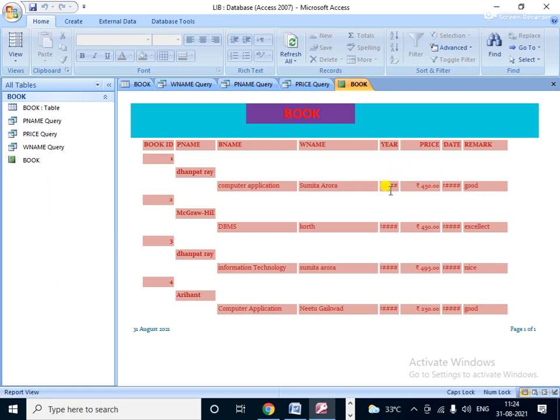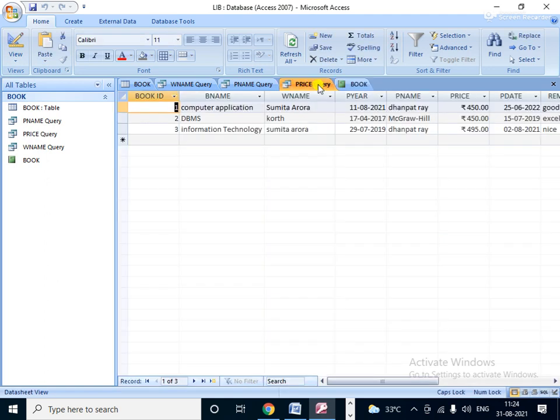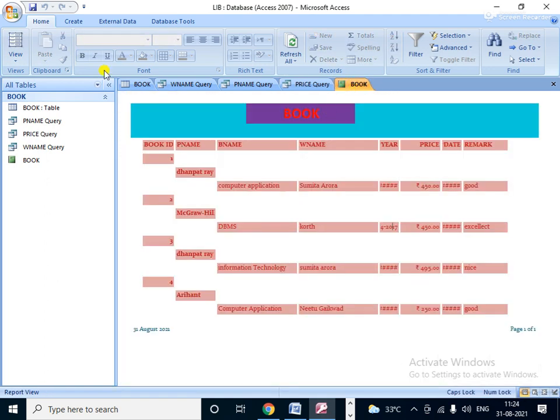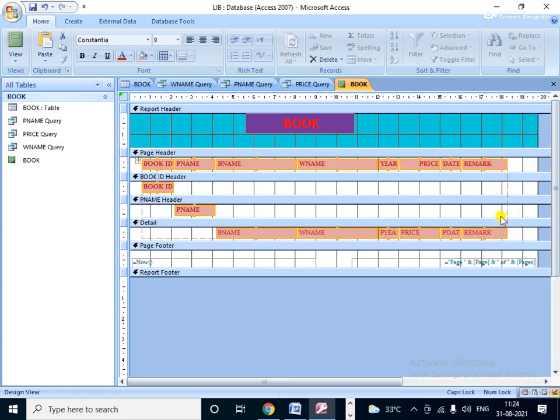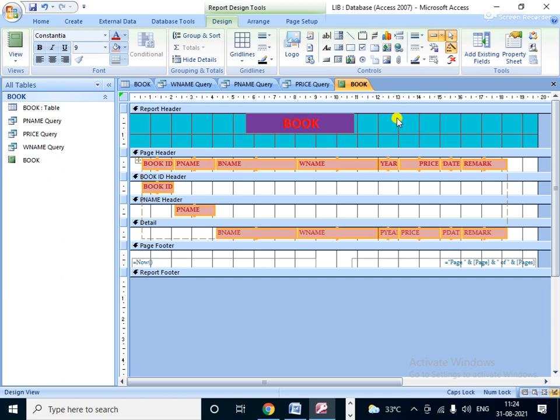If it is coming like this, suppose the arrow, because the size is very small, no issue. Just click there. The design view is here. Just increase the size. That's all.